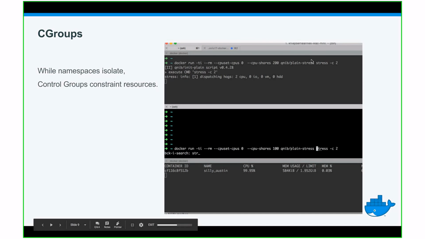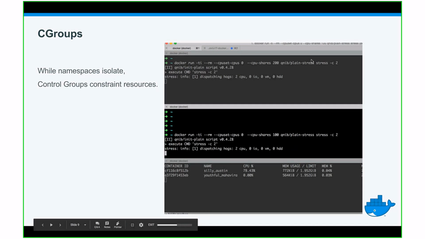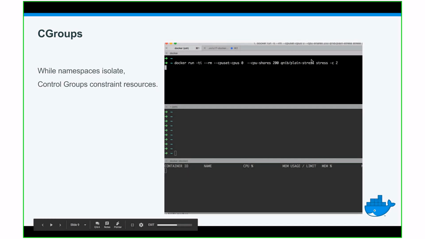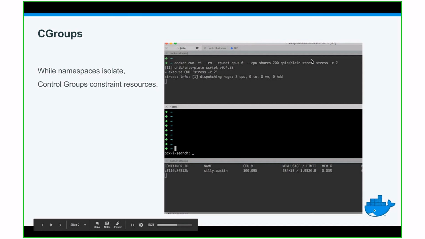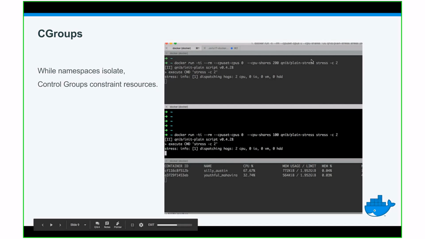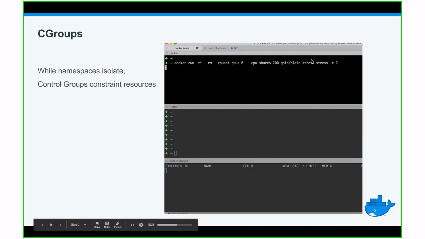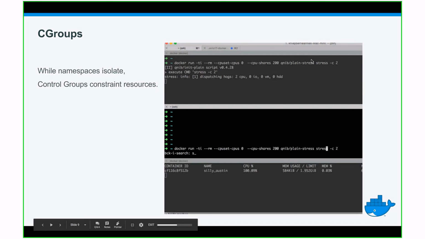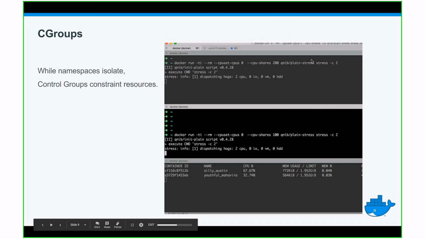And if you look carefully on the bottom there, you see that first, when only one container is running, you have 100% CPU consumption by this container. And once the second container starts, it balances out to 2/3, 1/3, so 200, 100 shares of the CPU. And this is done by the kernel, so the kernel knows about all the resource consumption of all the processes on the machine, and then it will just throttle one of the containers to not exceed its shares.